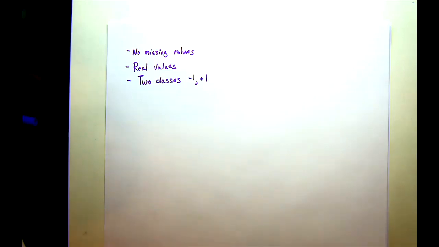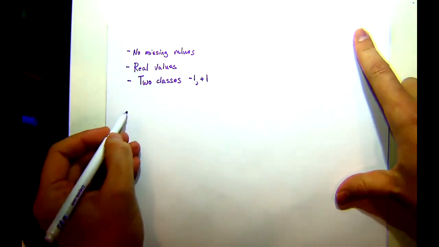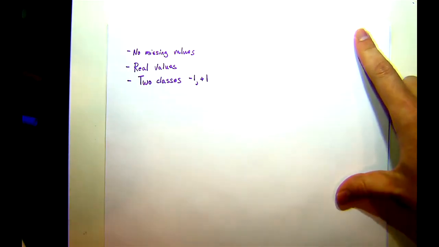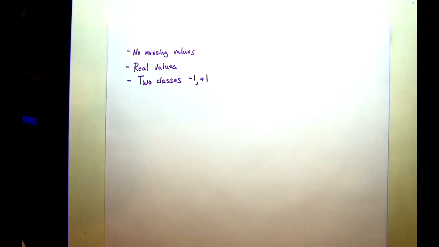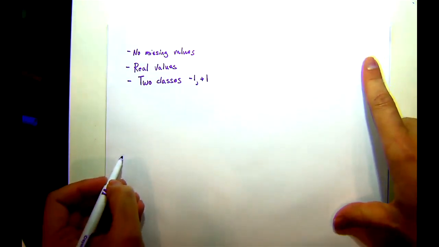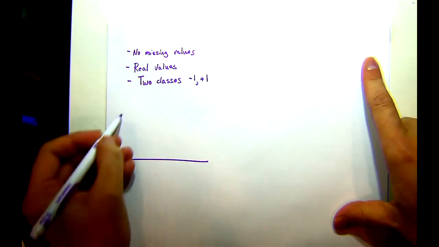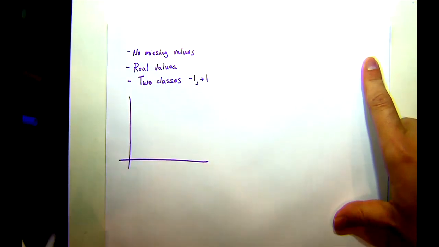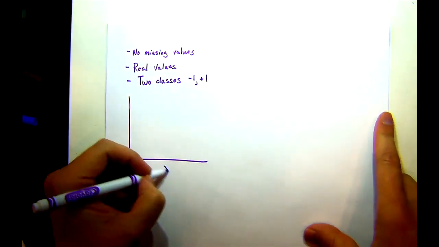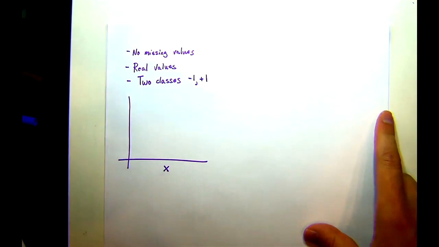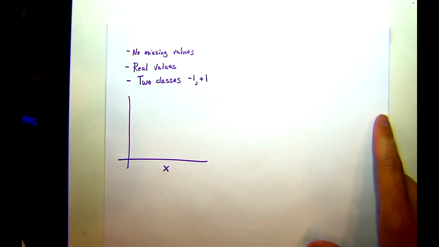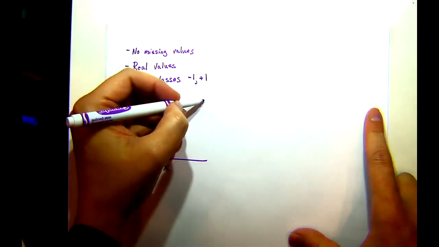Okay, so what are we going to do? We're going to learn some linear function. And that linear function, like I said, is going to be a hyperplane that just splits the feature space. So what do I mean by that? Let's just look at a two-dimensional example to start with. We have a single feature that we're going to call x. We can draw a line in here.